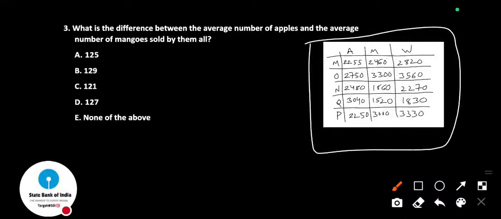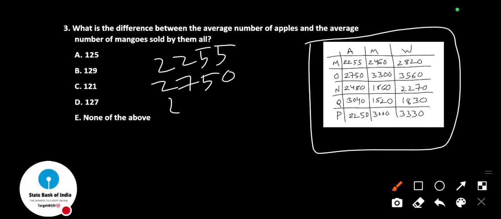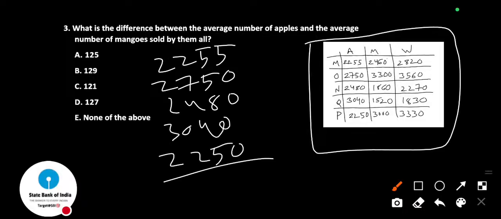So apples, we have the sum of these apples, 2255, 2750, 2480, 3040, 2250. Sum of all these 5, 9 plus 8, 17, 17 plus 5, 22, 22 plus 5, 27,